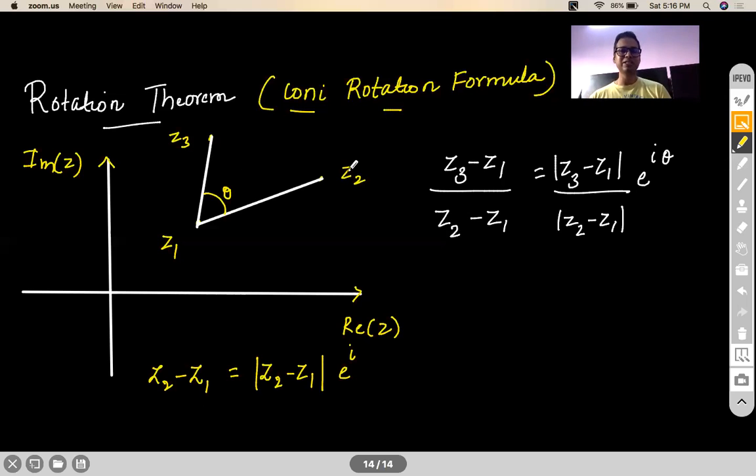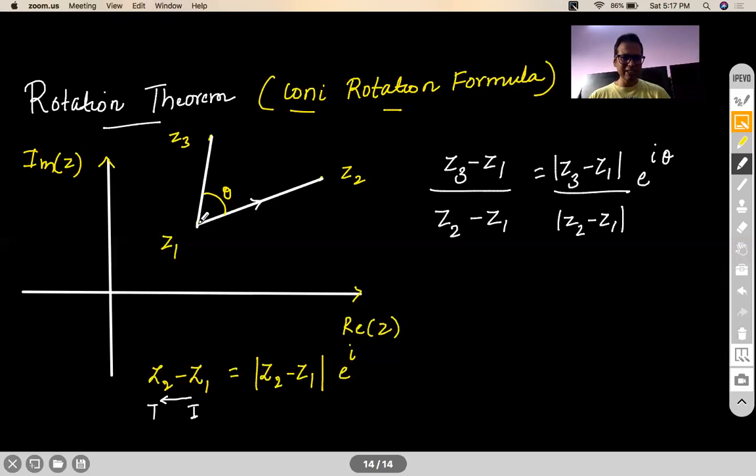Now remember, when I was dealing with the concept of argument in the initial part of the complex number classes, I told you, in order to know what is the argument of one complex number minus another complex number, imagine that there is a vector whose initial point is Z1 and final point is Z2. So imagine that this is a vector like this. Initial point is Z1, and this is the final point. You can say terminal point, whatever. Okay. So imagine that there is a vector going from Z1 to Z2 like this. Now, what is the angle that this vector makes with the positive real Z axis? That angle is your argument of that particular Z2 minus Z1.